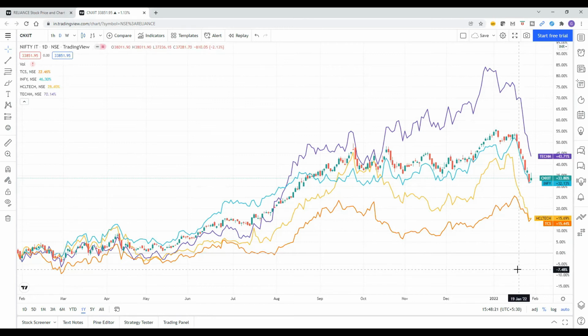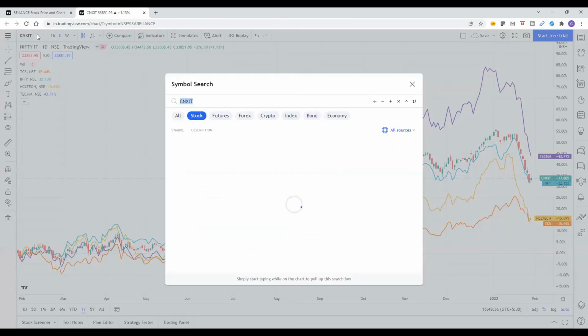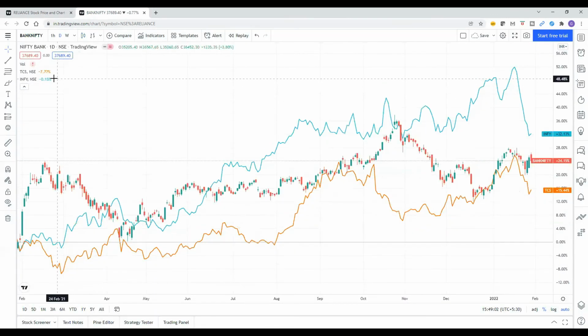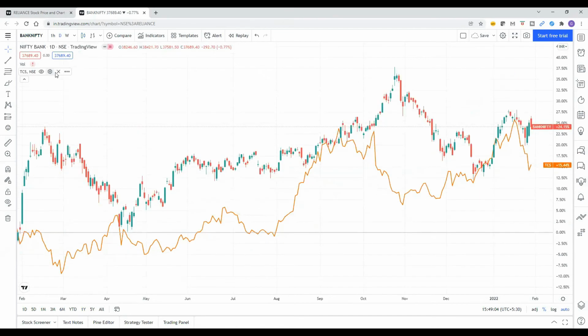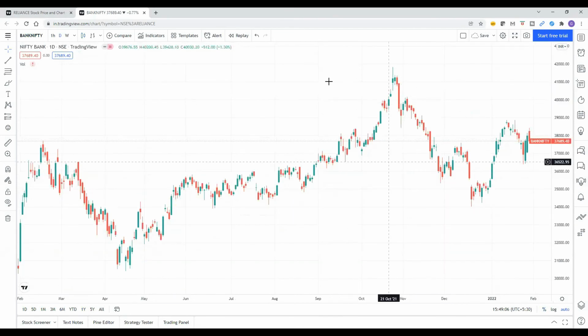So this is how we can compare the IT index with all other stocks. Similarly, you can compare stocks with the Nifty index. You can compare with, let's say I will take some bank index, right? We are not going to compare with IT anymore. Now we got into Bank Nifty.